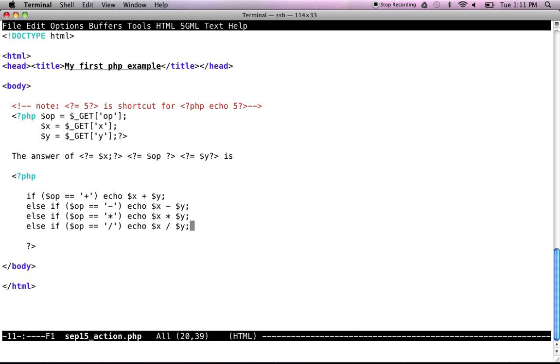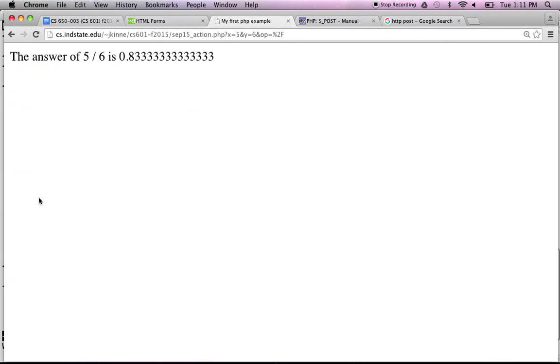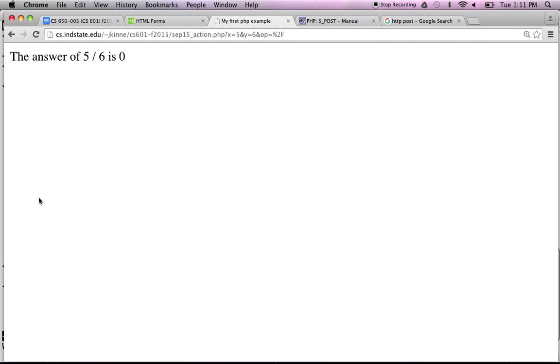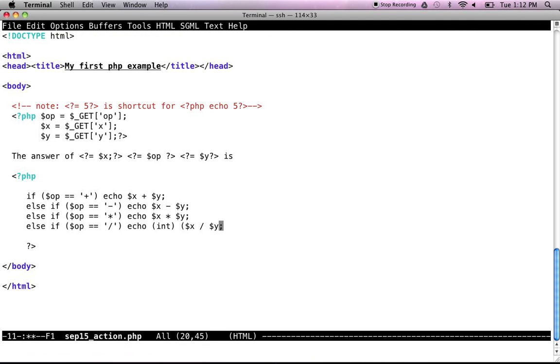So if we wanted to do int, then I believe typecasting is just like in C. Or perhaps not. We could certainly typecast the result.